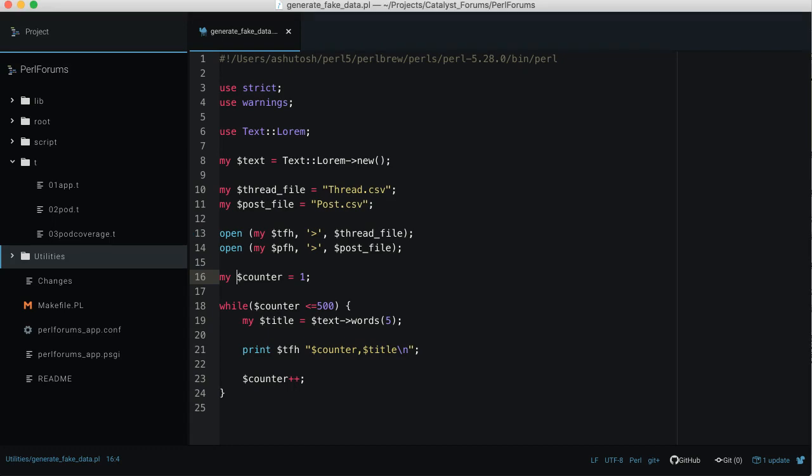In the previous tutorial, we created data for the thread table. And in this section, we first import the data for the thread table and then generate data for the post table and import it. Let's quickly import the thread data. Open the MySQL client